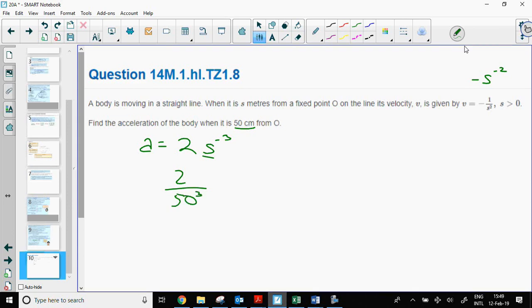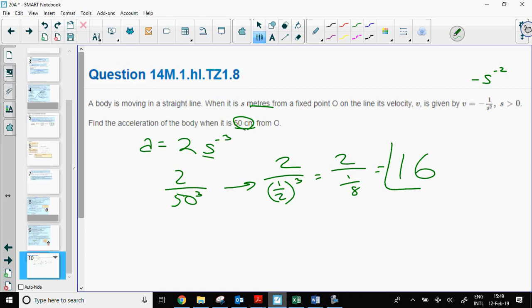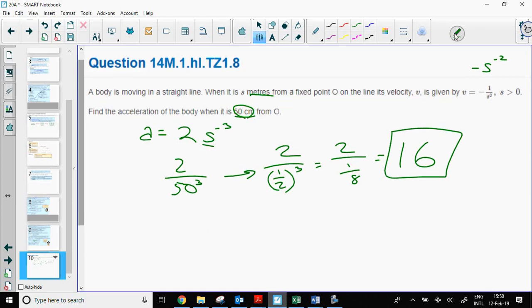Maybe you're clever enough to realize, okay, this was in meters and this was in centimeters, so we shouldn't be putting in 50, we should be putting in 0.5. Okay, so then that's going to give us 2 over 0.5, which is 1/2 cubed, so 2 over 1/8, that's going to be equal to 16. Okay, 16 is the right answer. No, it's not, because